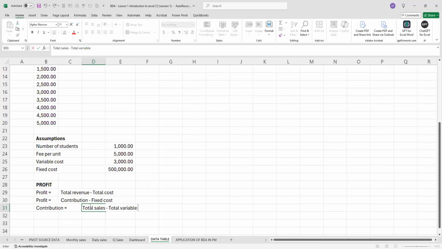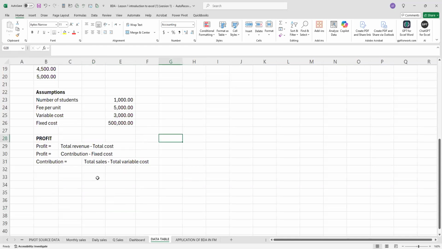I hope it will, I'm operating on a safe mode, so hopefully it will still operate well. Total variable cost. So in this case, our task here would be